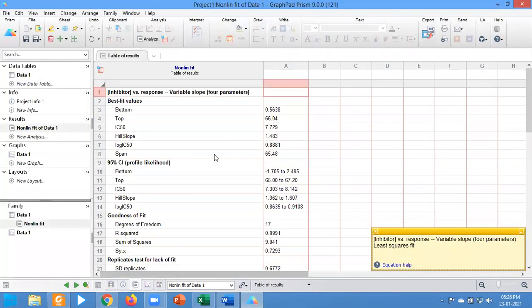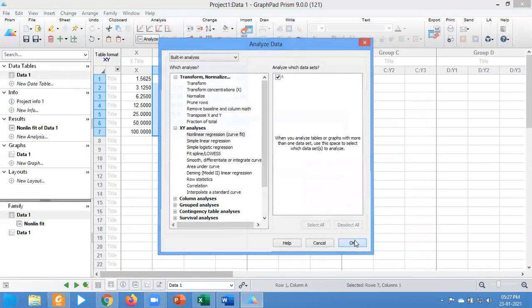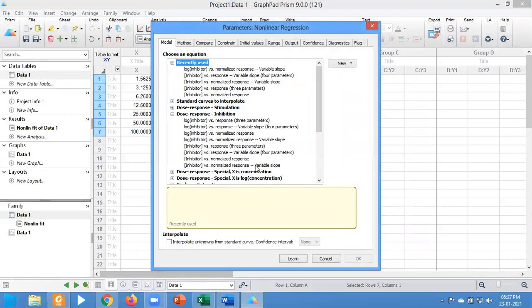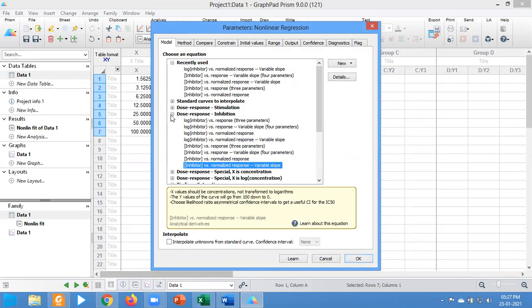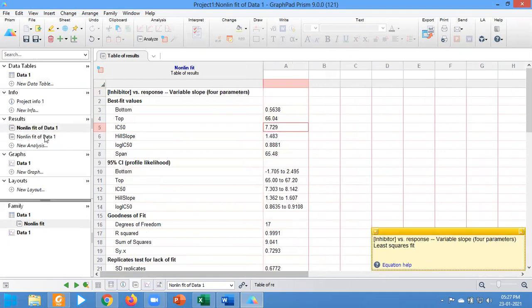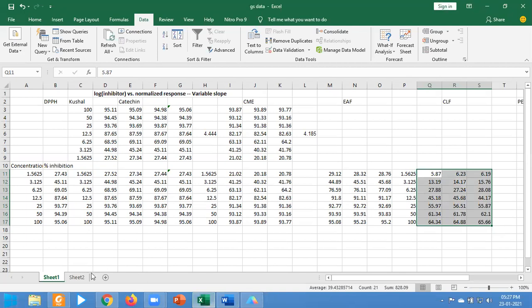So we are going to analyze this data with GraphPad Prism again. In this case, hit the data, press on analyze, press OK, analyze this data again, OK, choose variable slope. Now dose response inhibition, choose variable slope, hit OK, and you see that the IC50 value changes to 24.61. Previously it was 7.729. So 24.61 seems to be quite reliable,